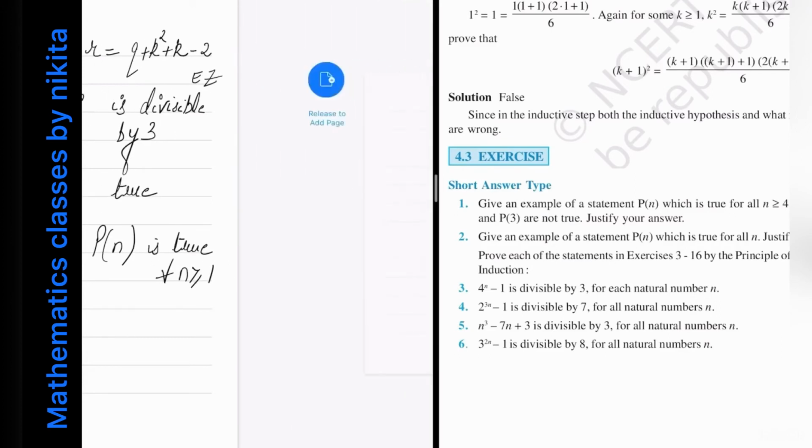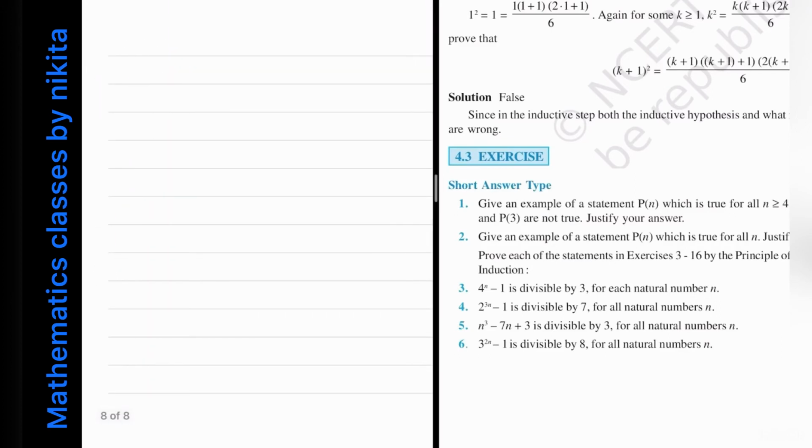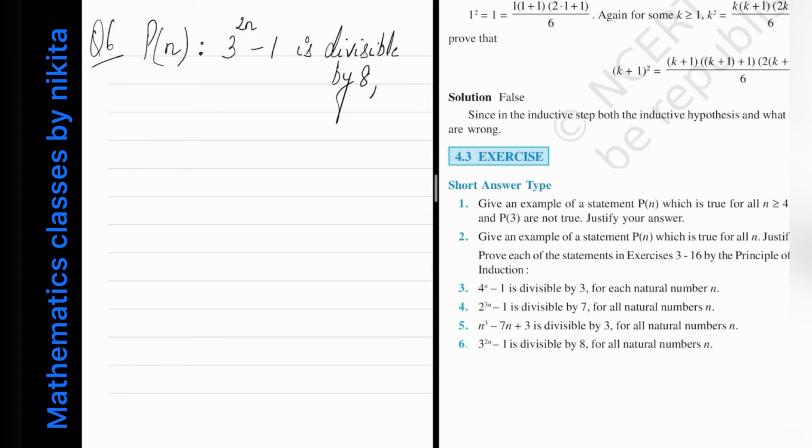Okay, now let's see the next question. So question number 6 is 3 to the power 2n minus 1 is divisible by 8 for all natural numbers n. So first of all denote the statement by P of n. So 3 to the power 2n minus 1 is divisible by 8 फॉर ऑल n ग्रेटर और इक्वल टू 1. तो बेस केस कहाँ से स्टार्ट होएगा, 1 से. तो P of 1